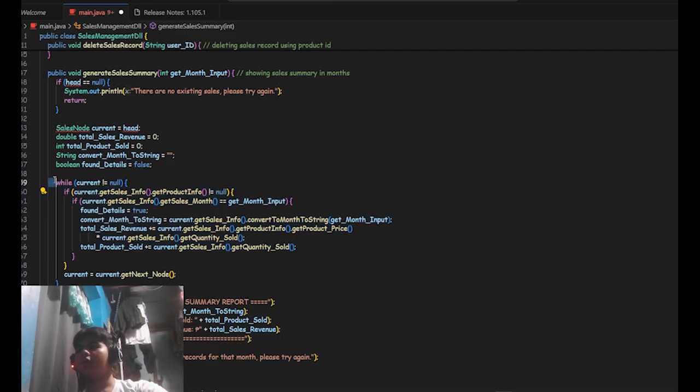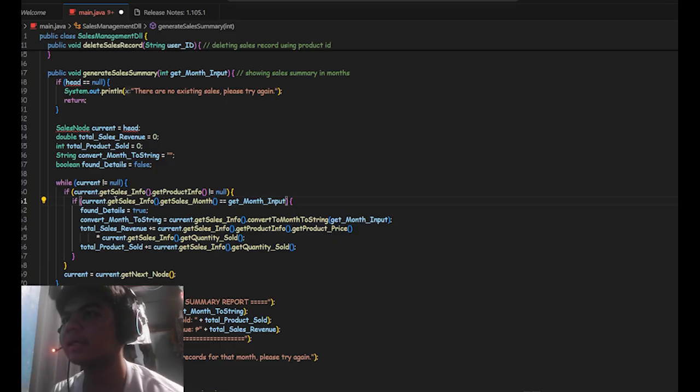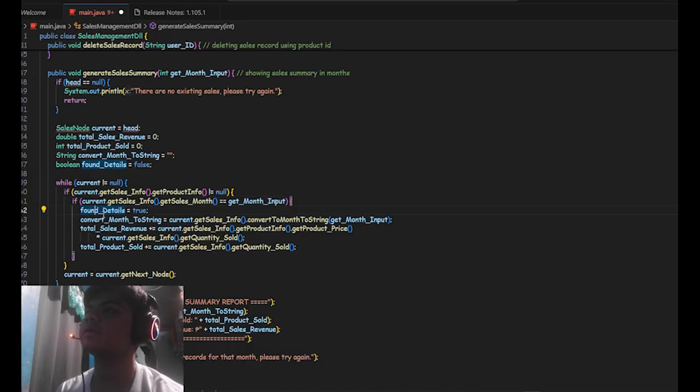Inside the while loop, there's an if statement that says if the get sales is not null, then it will run another if statement. Inside that statement, it says current.get sales info. This just checks that the month of the sale is equal to the month that the user input. Then the variable that we put here will be set to true.